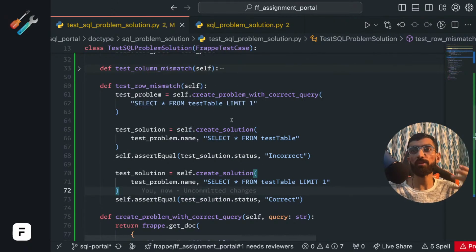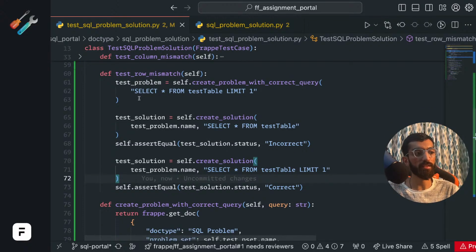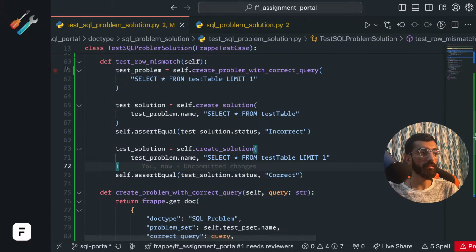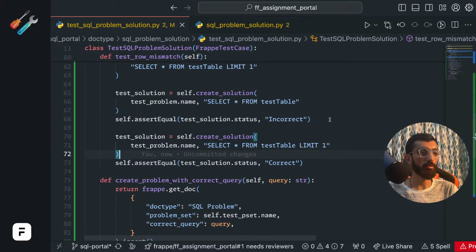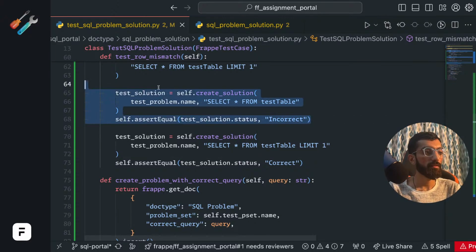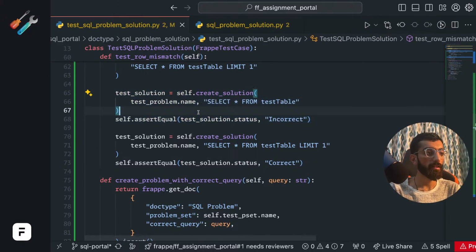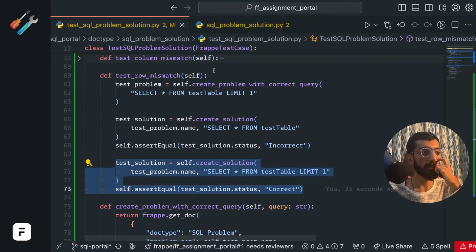Now see how much more readable our test is. We are creating a test problem with this query, and then we are creating a solution with an incorrect query, this one, and it should be incorrect, and then we are creating a solution with a correct query, and this is again repeated, so we can say